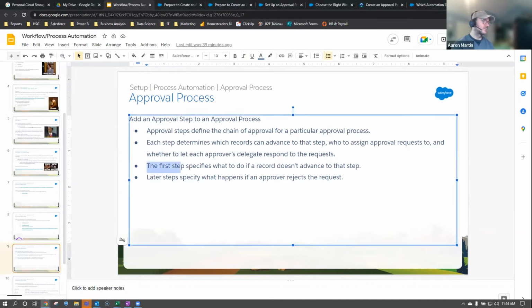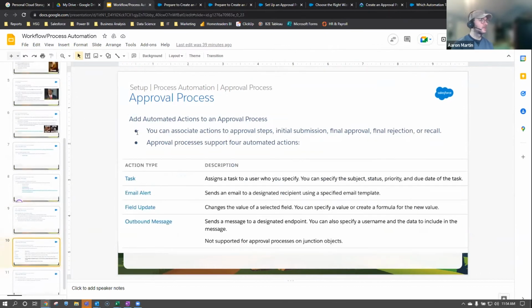And then you're also able to put the else sort of into the logic. If it doesn't get approved into a certain step, where does it go in terms of branching logic? Later steps specify what happens if the approver rejects. Hopping down here, these actions that we can add to the steps,